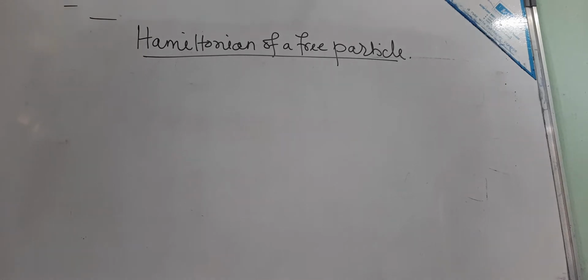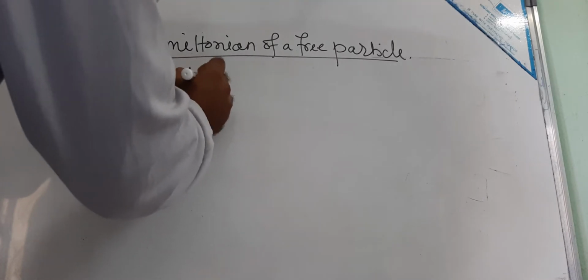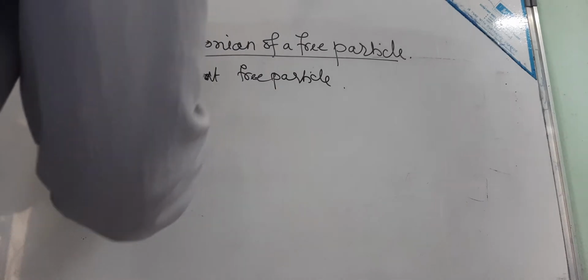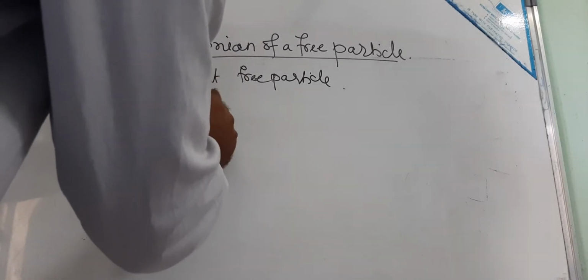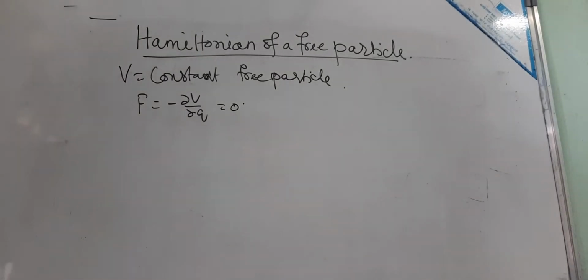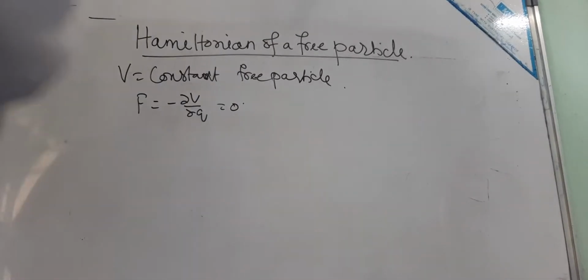I'll be talking about the Hamiltonian of a free particle in classical mechanics. For a free particle, the potential is constant. So the force, which is minus del V by del q, the negative gradient of the potential, but in terms of generalized coordinates, is equal to 0. The constant potential is arbitrary, so it may be taken as 0. Therefore,